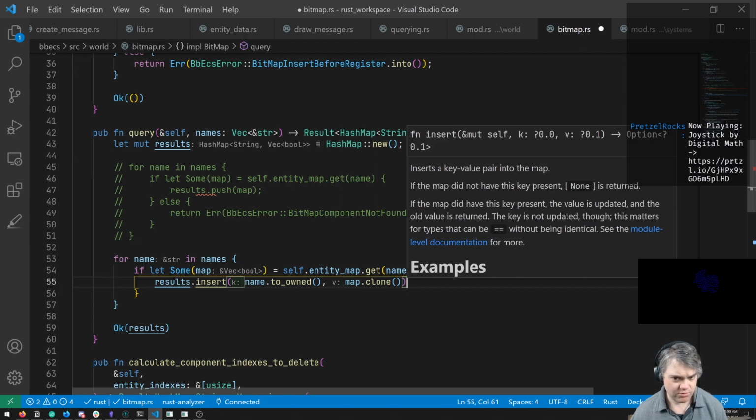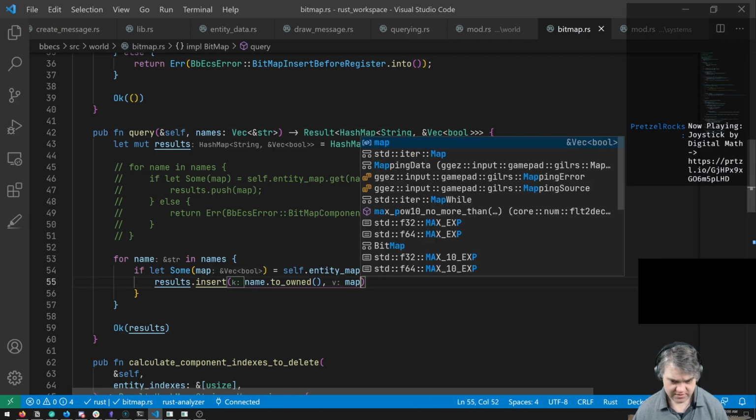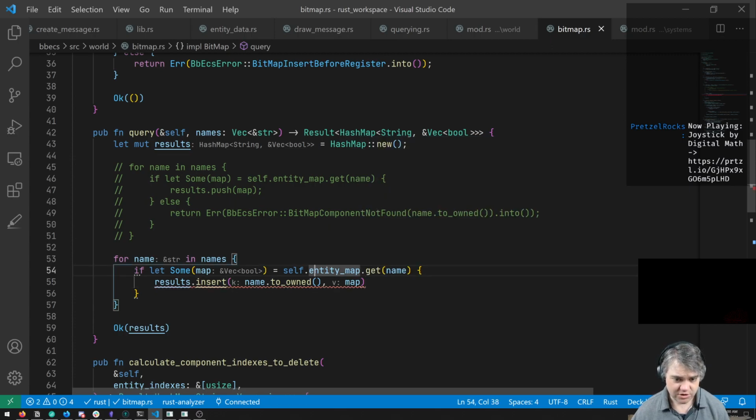Now, I wonder if I can get away with having this just be a reference, in which case I could just give it the map, because it's going to live long enough, but I don't know if Rust is going to understand that. So far, it seems to be okay with it.